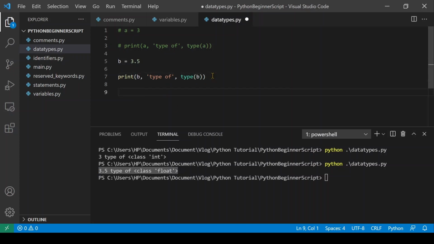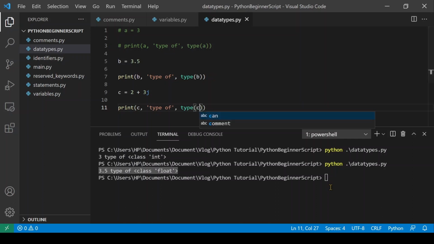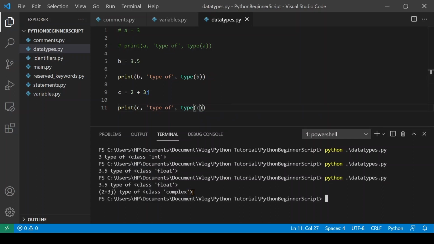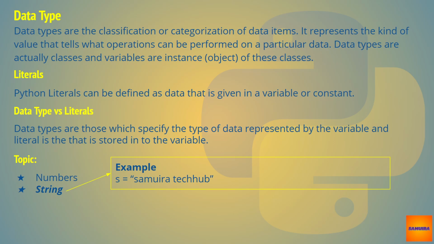A complex number can be specified by a real number and an imaginary number. Here 2 is the real number and the number with j is the imaginary number, which is 3. We will go through data types in detail in the intermediate tutorial.